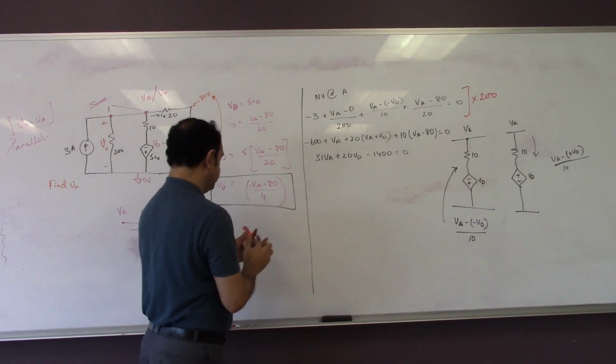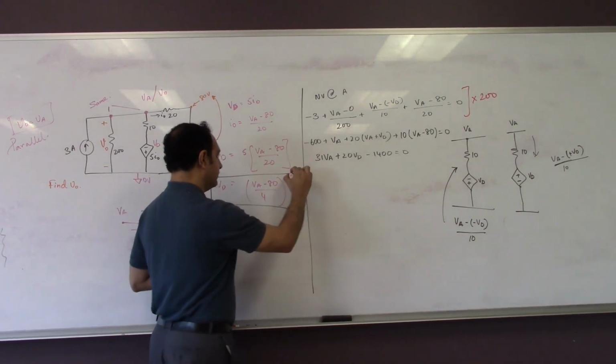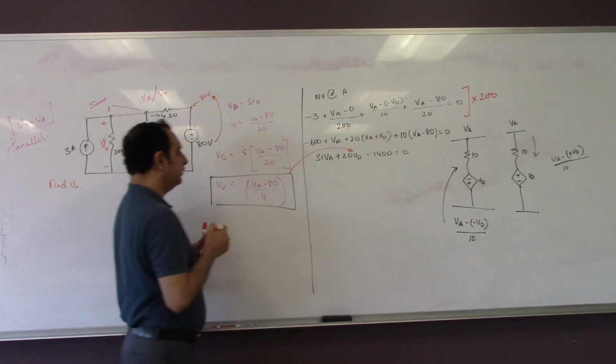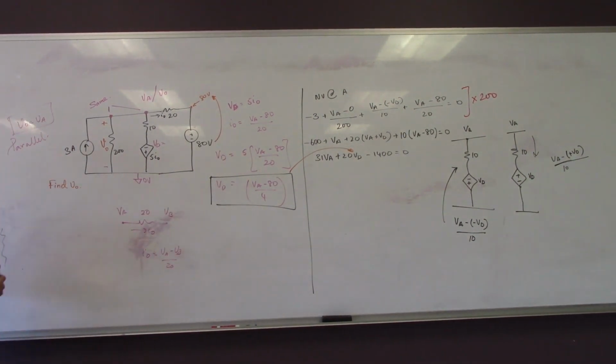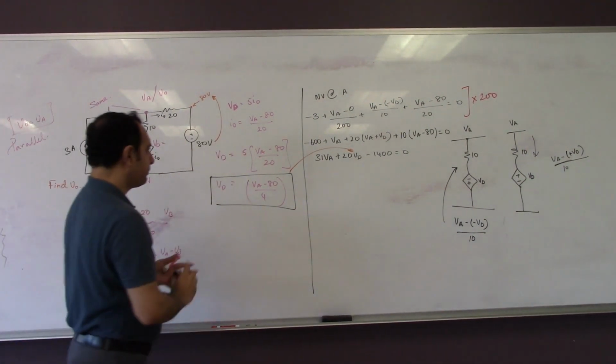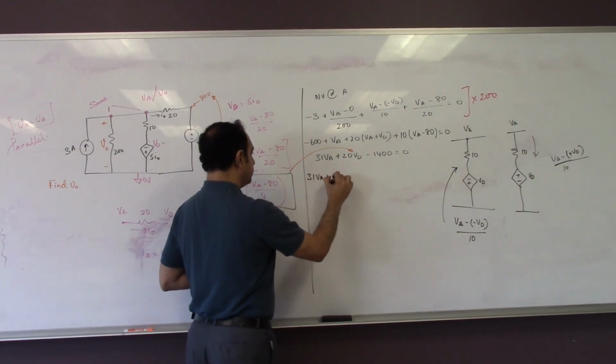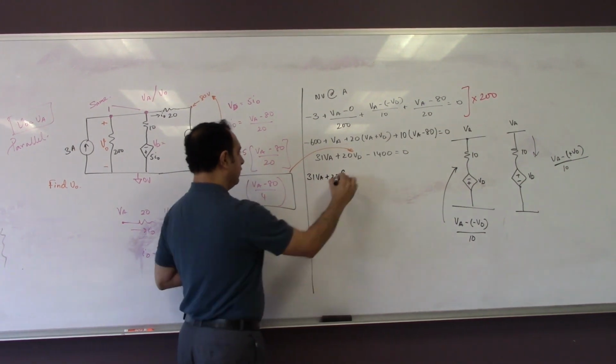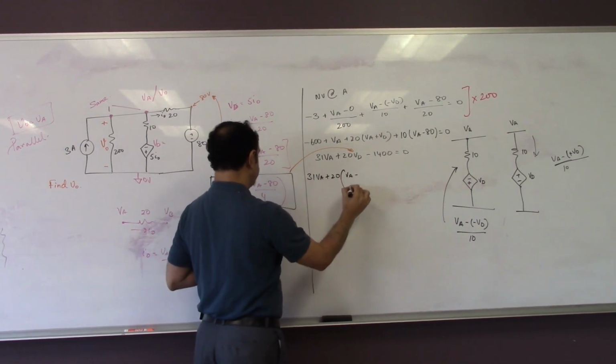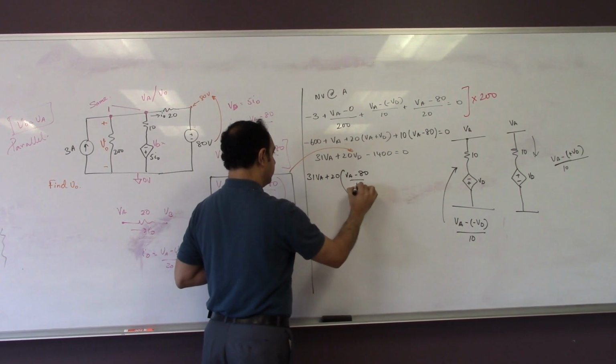We need to substitute this value for VD. VD is this. Okay, so that's going to be equal to 31 VA plus 20 times (VA minus 80) over 4